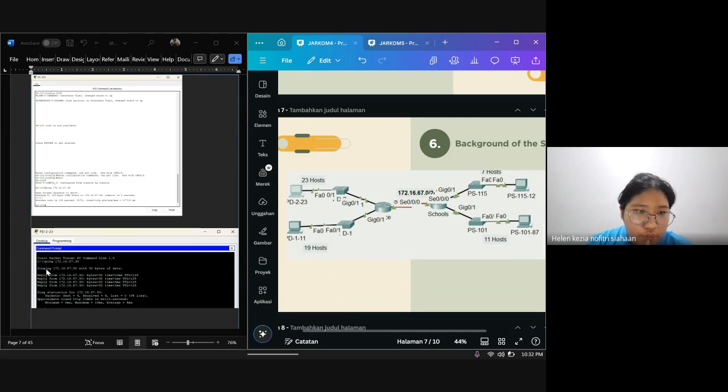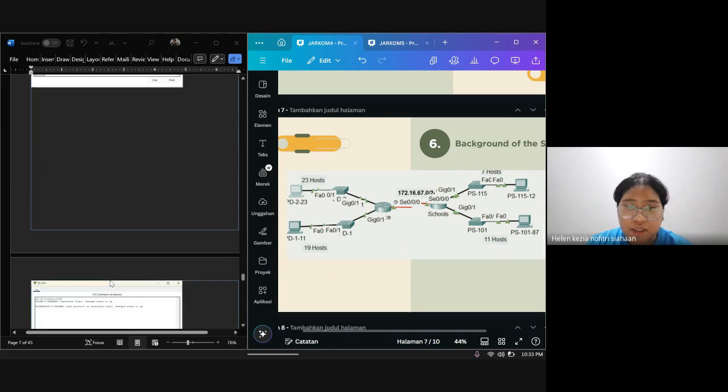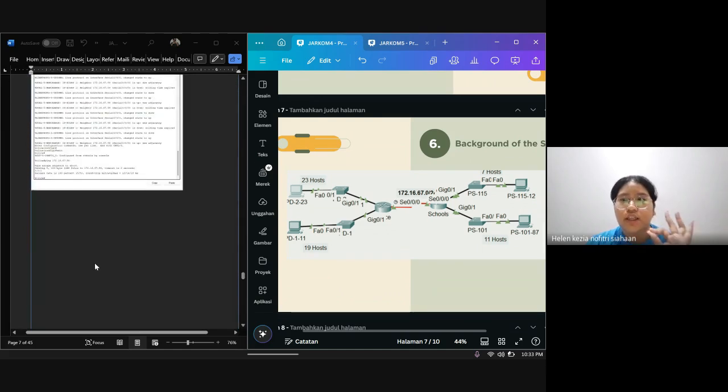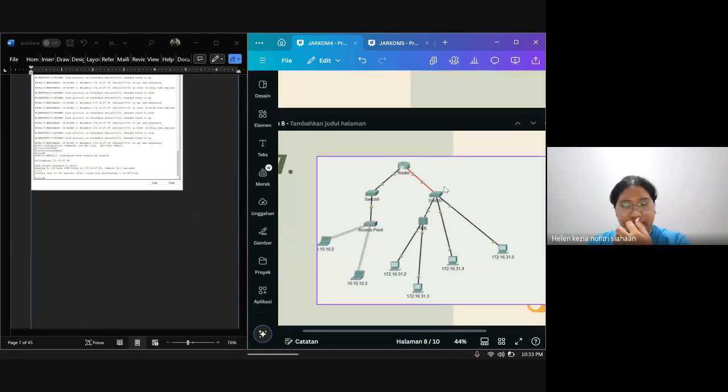You can ping to 172.16.67.30 with 32 bytes of data and the pinging will be done. It can be hard because I'm doing all of the configuration by myself. Not really hard, but a little bit hard anyway.